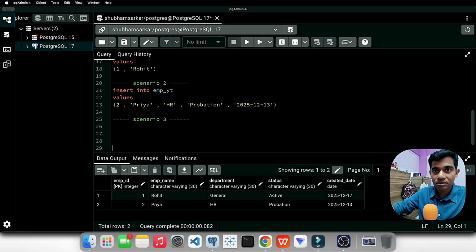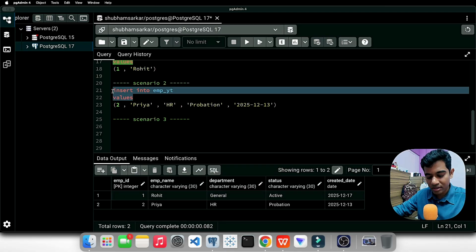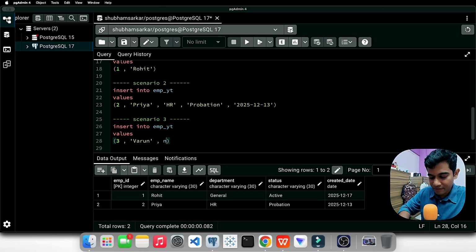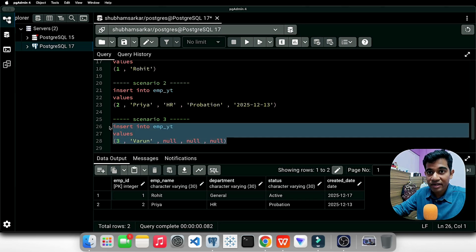Right now I will insert data here and write null values in this. Null, null, null. I will insert the null value, and when I execute it,